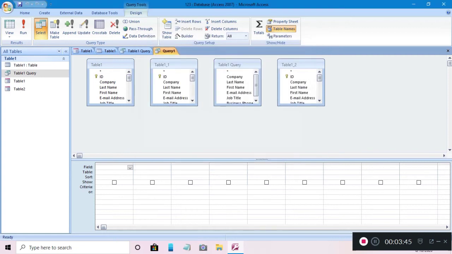Now next we will see how to create a query on a related table. You can see here table 1, table 1 query, and table 1 and 2. These are all different data we have, and we want to add these different data into a single individual query. So what we will do,